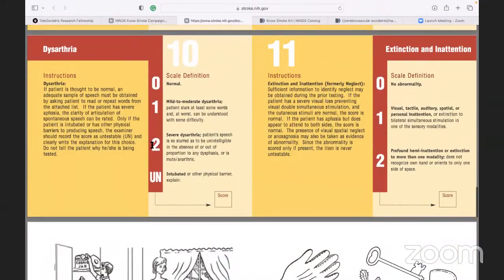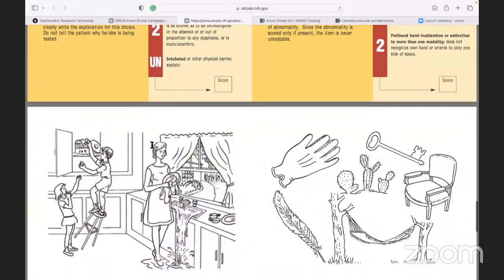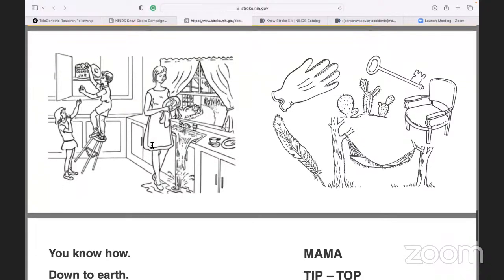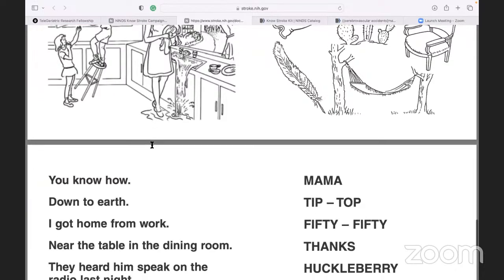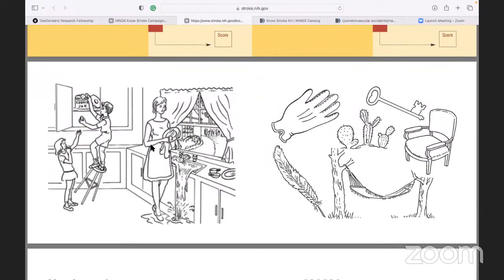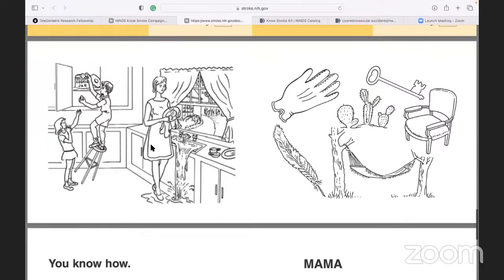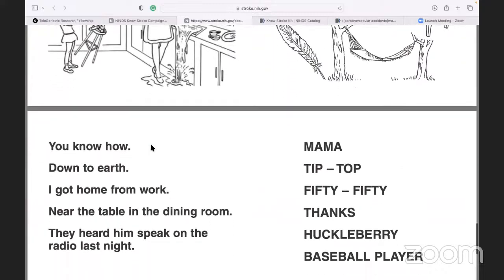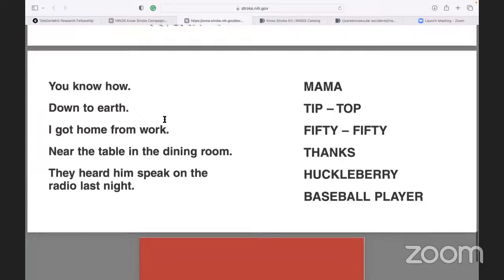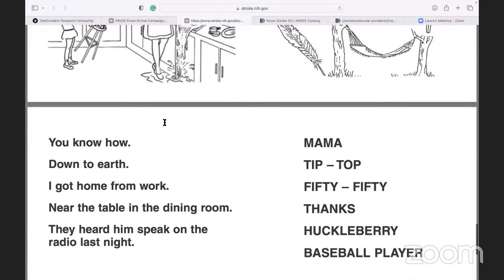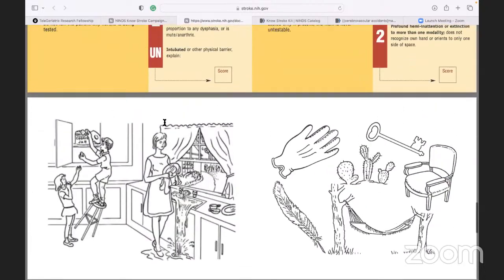And as mentioned by Dr. Sulafa, the doctor should follow the structure and go through it regularly. Here is the picture, where the patient can identify the objects or the actions of the people, and here are some sentences to repeat, also to examine the dysarthria. Thank you, and if you have any questions.